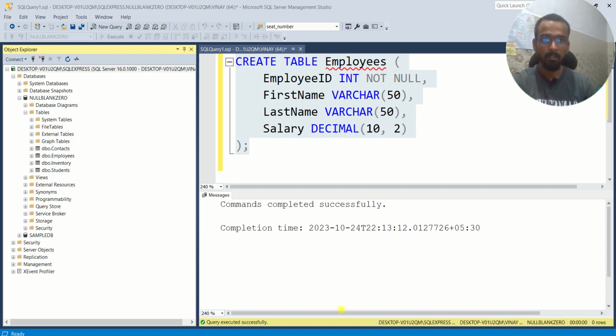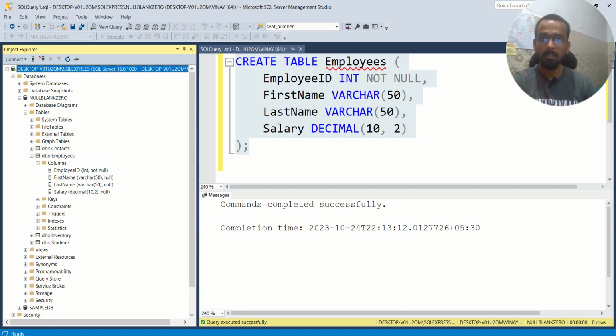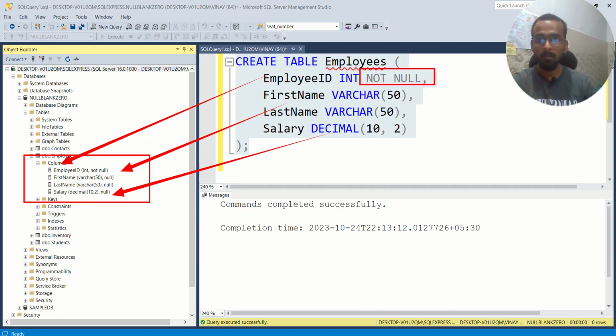I'm expanding it, and if you see the columns, you will find the same columns: employee ID, first name, last name, then the salary, and the most important thing, the constraint not null, which is present over here. I hope you are clear on what exactly not null is doing.